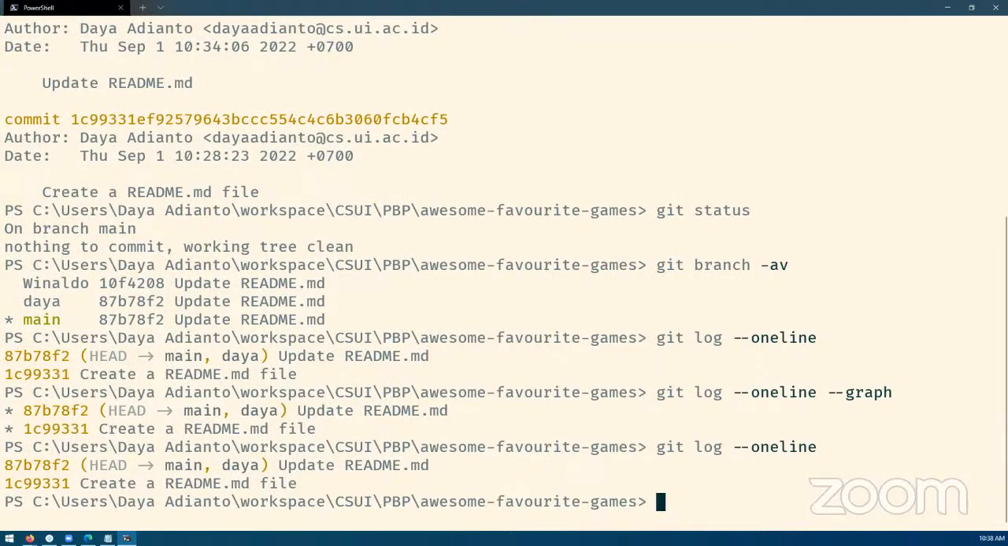So previously, the first commit in the main branch is the commit with ID 1C99331. Then, after I merged my own branch into the main branch, the commit from the main branch, whose ID is 87B78F2, is linked as the successor of the commit with ID 1C99331. So if we visualize it like a chain,